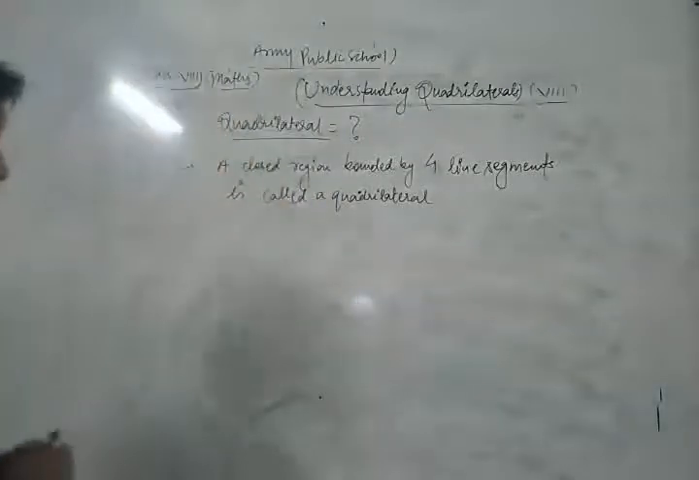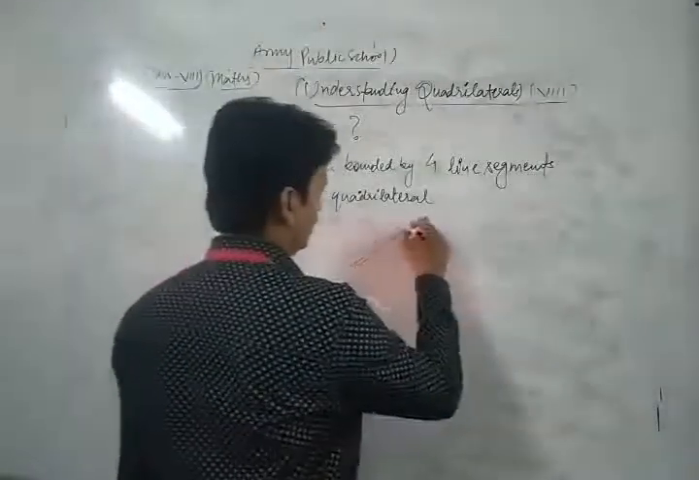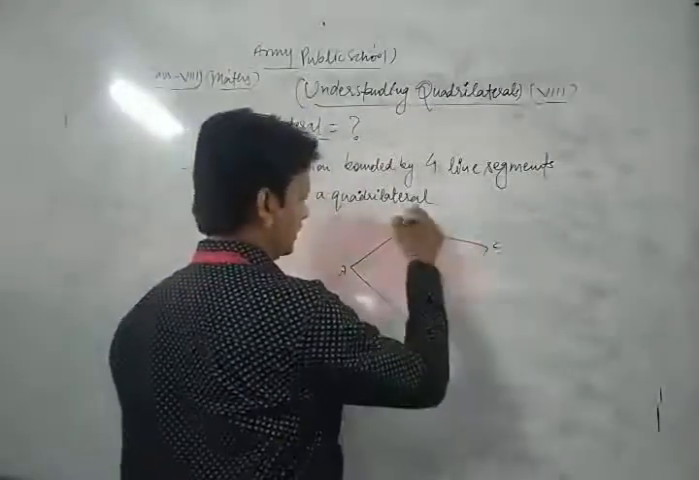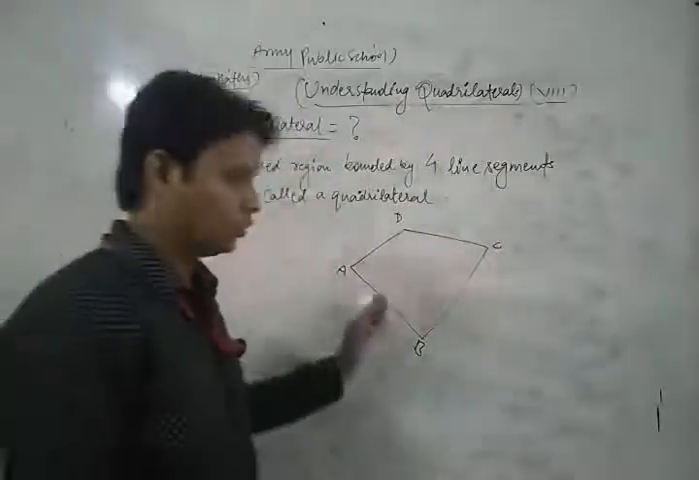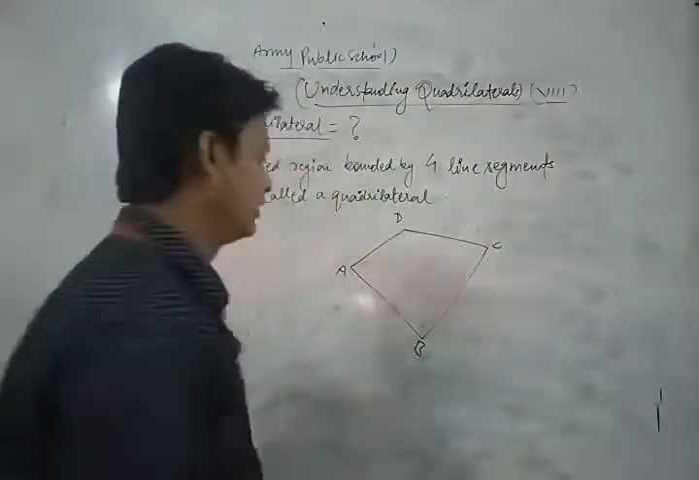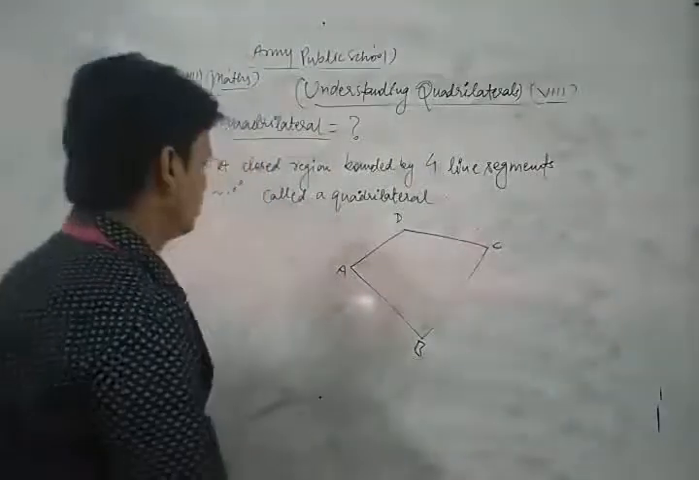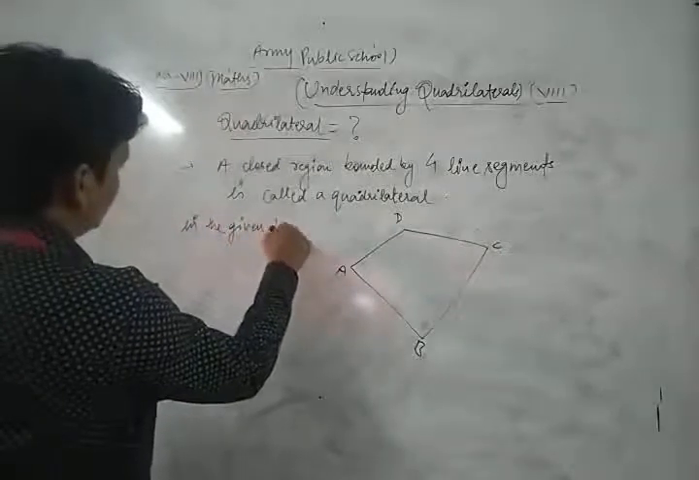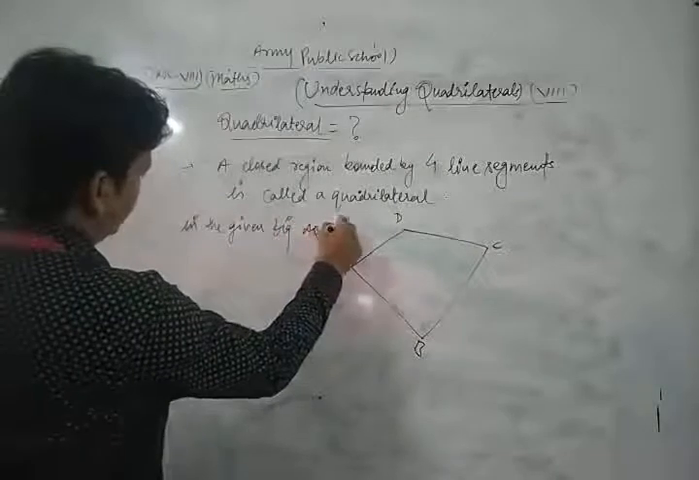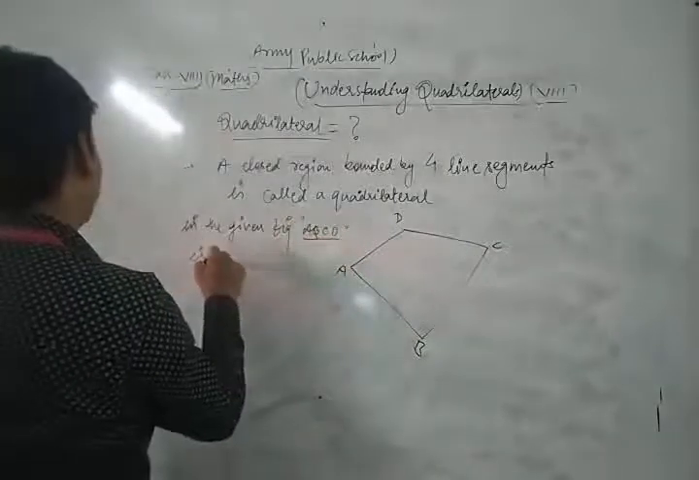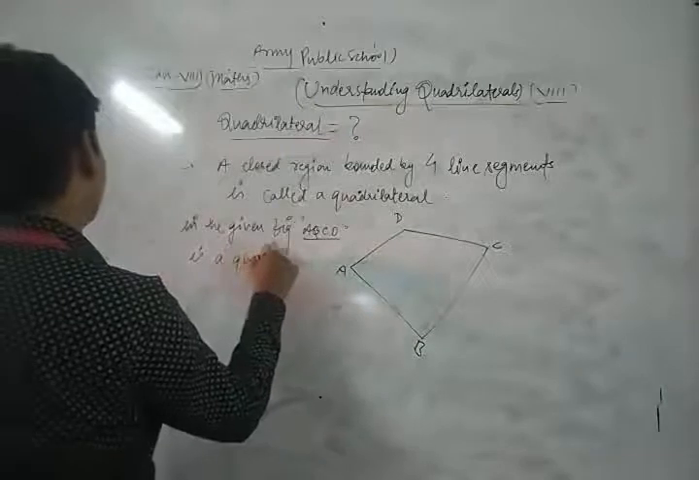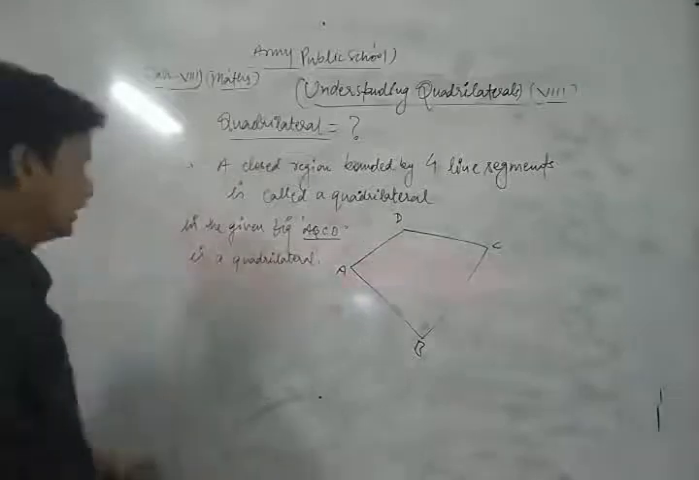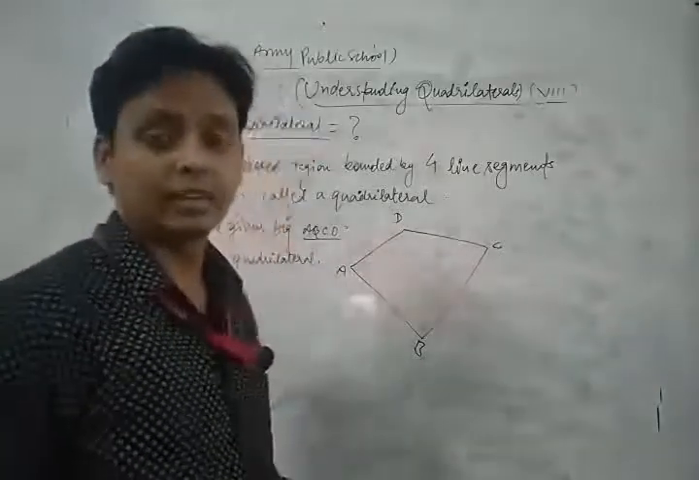Okay, now in this way, if we draw a closed figure bounded by four line segments A, B, C, D, so this is what? A quadrilateral. Here A, B, C, D is a quadrilateral. In the given figure, A, B, C, D is a quadrilateral, and a quadrilateral has four